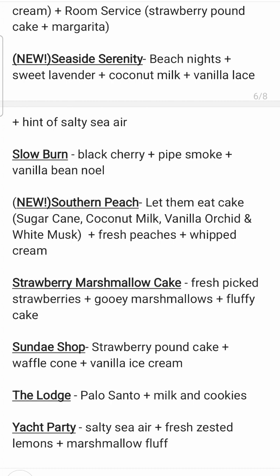First up is Strawberry Marshmallow Cake. This is fresh picked strawberries, gooey marshmallows, and fluffy cake. This one has not been offered in ages. I don't know if I've ever seen it on a list. And I can't remember who it was in the Facebook group who's been asking for this. So I'm so glad that this made the list because this is a favorite for some people who've just not been able to restock on it in years. Based off of people who have melted it, talking about it in the Facebook group, this one sounds like it's more of a sweet bakery with that fresh picked strawberry note, so it's a little bit more strawberry forward